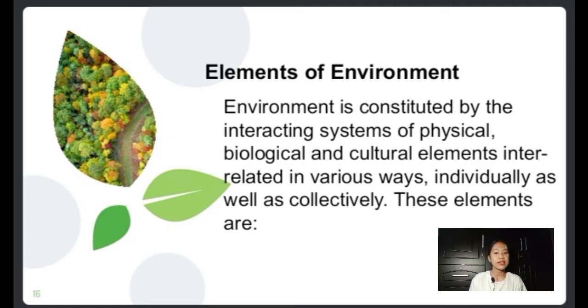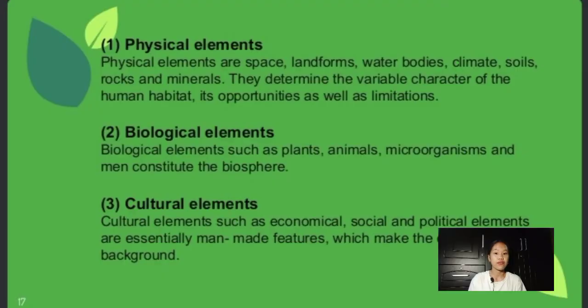So, environment is constituted by the interacting systems of physical, biological, and cultural elements, interrelated in various ways, individually as well as collectively. These elements are physical elements, biological elements, and cultural elements. So, what is physical elements? So, physical elements are space, landforms, water bodies, climate,